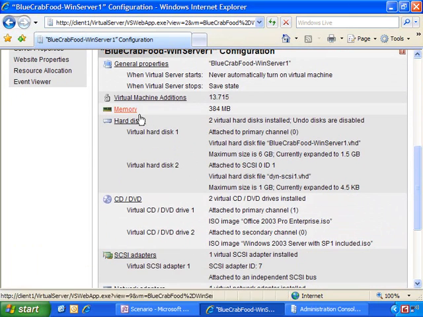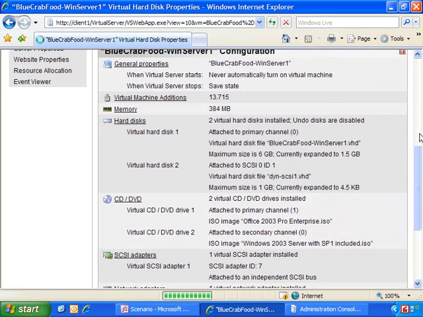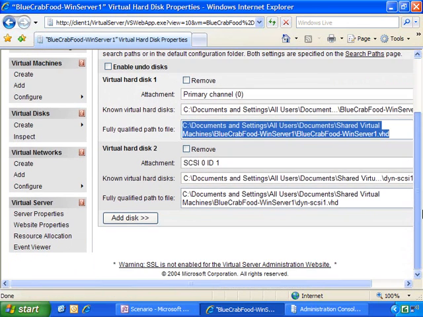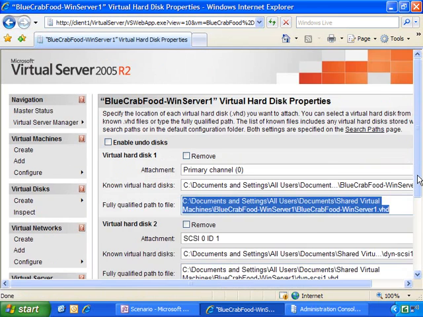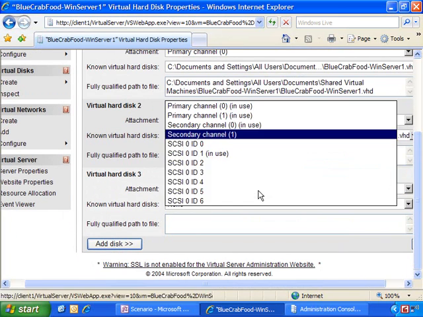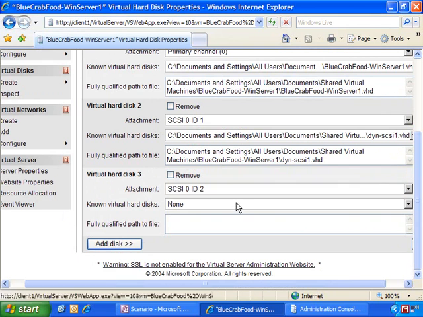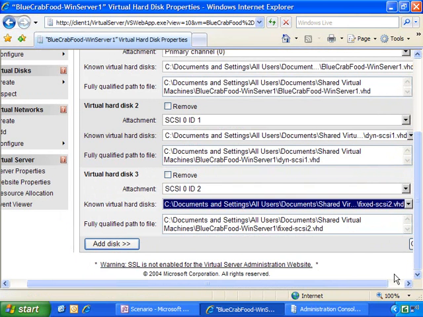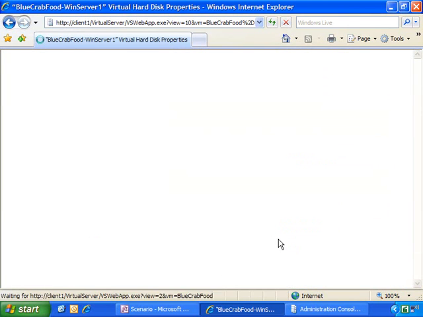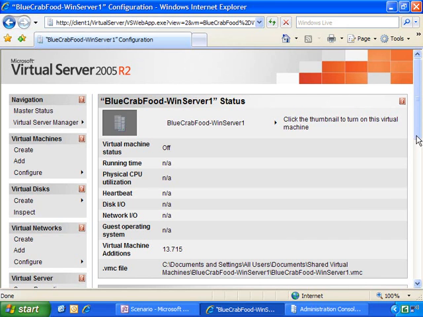So I have that SCSI disk. I'm going to go in here to hard disk again. And of course, I could have added them right at the same time. Going to add another disk. We're going to put this on SCSI ID 2. And this is going to be the fixed disk. I'll say OK. So we just added two more SCSI disks, both 1 gigabyte, one fixed, one dynamic, and we